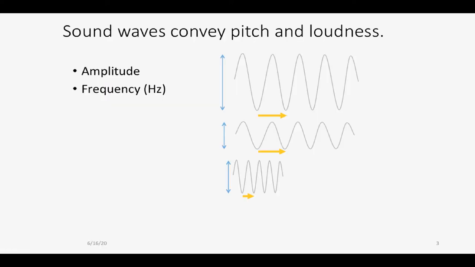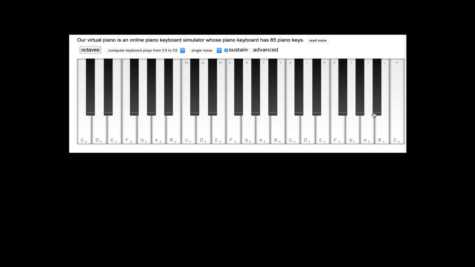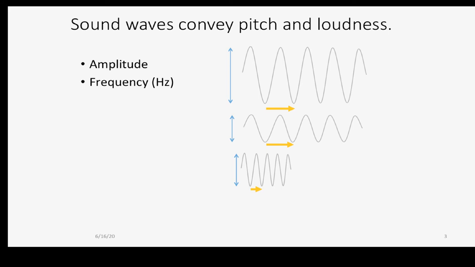Now let's take a look at how the sound wave conveys information about the pitch and the loudness of the sound. Now we can think of the pitch corresponding to the keys on a keyboard, for example. So a low-pitched sound would be this, whereas a higher-pitched sound would be this. A lower-pitched sound wave is made by using a lower frequency. So let's take a look at these two